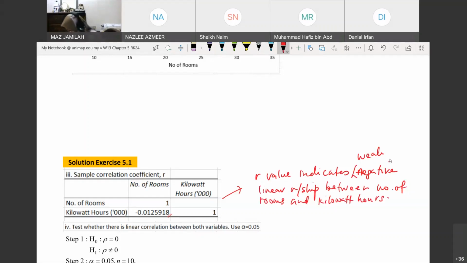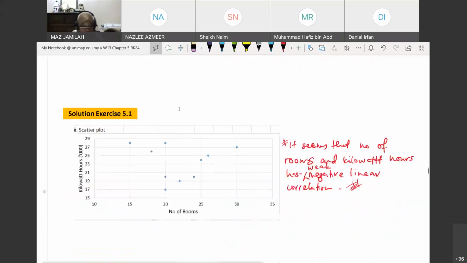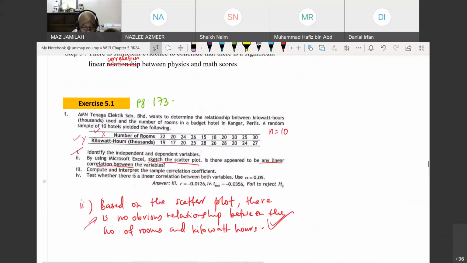Okay, that's it. Now, your next question would be test whether there is a linear correlation between both variables using